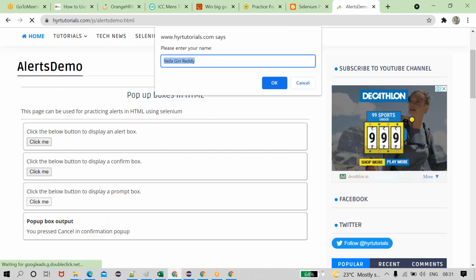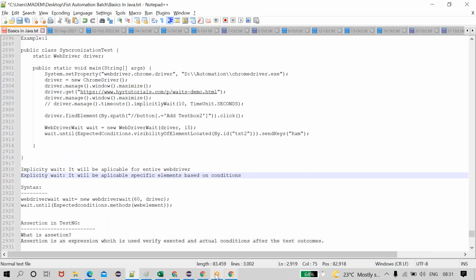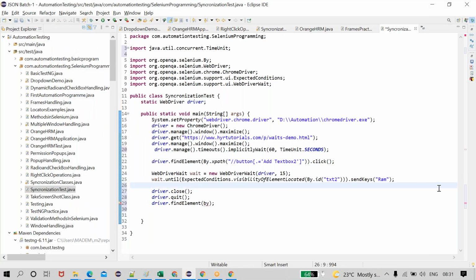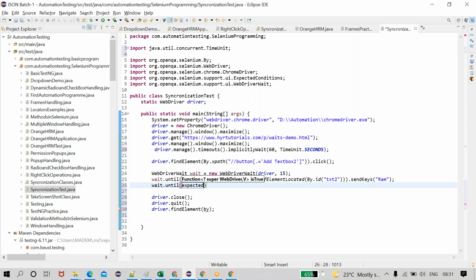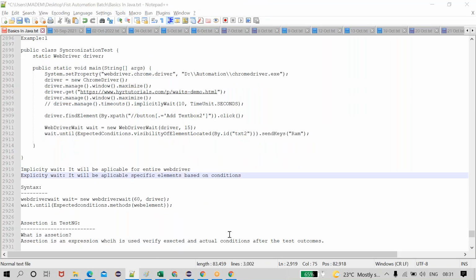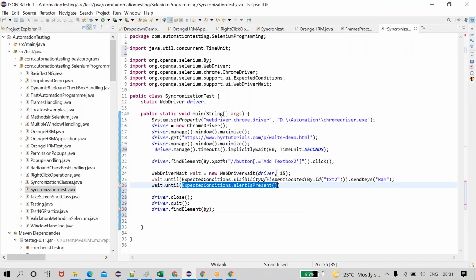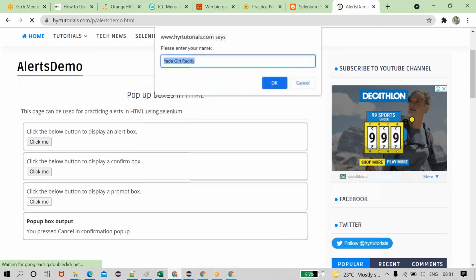If I want to use this, there are some methods available. Wait until expected conditions, alert is present. See, alertIsPresent is an available method. It means wait until the alert is present; I need to wait for my application for 15 seconds until the alert is present.